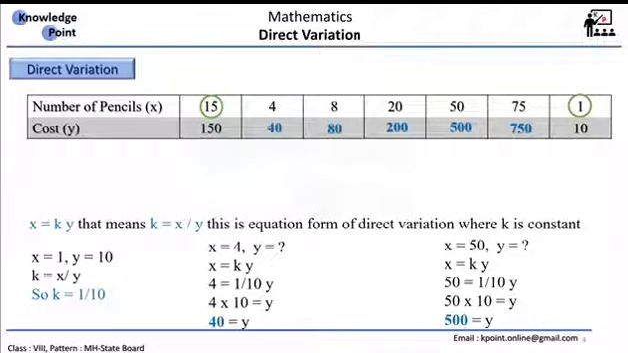So this is how a direct variation works, and this is how the constant is used to find out the values. So you can try it, you can take different values like 30 pencils or 35 pencils, use the equation and check the value of y you are getting. Okay,